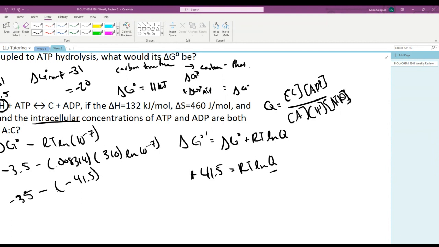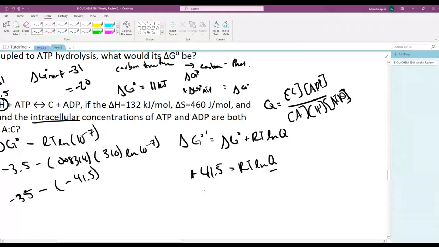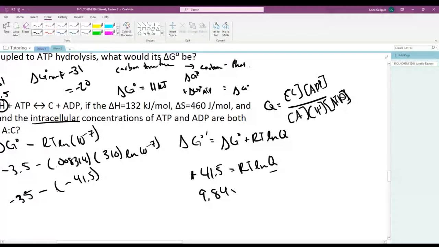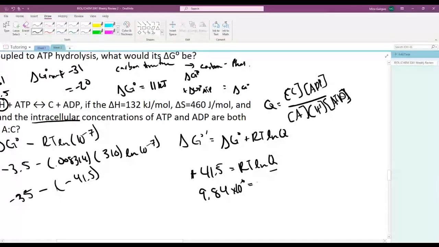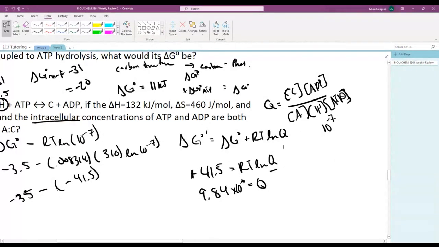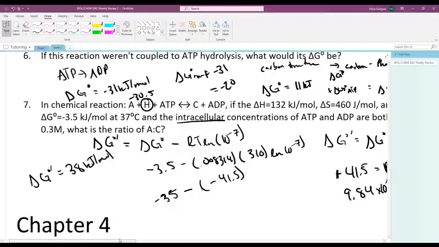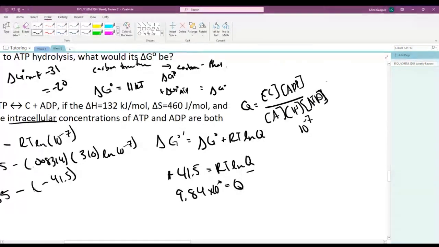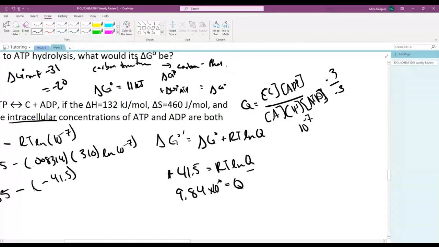And so we get 9.8 times 10 to the 6th. 9.84, give it an accurate number, times 10 to the 6th equals Q. Okay? So now what do we have? We know the intracellular concentration of H plus is 10 to the negative 7th. Great. 10 to the negative 7th. And we were told the concentrations of ATP and ADP are both 0.3 mole. And I'm actually going to go ahead and say 0.3 over 0.3 because that's these two, we can cancel them